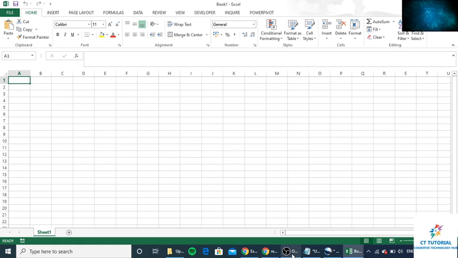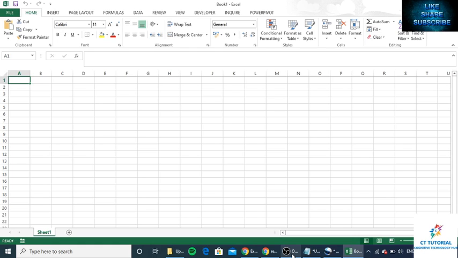If you are a beginner in Excel or in advanced Excel or in Visual Basic, first I would suggest you to record a macro and check the syntax of the application, and then you write a code. So let's see how we can record a macro.